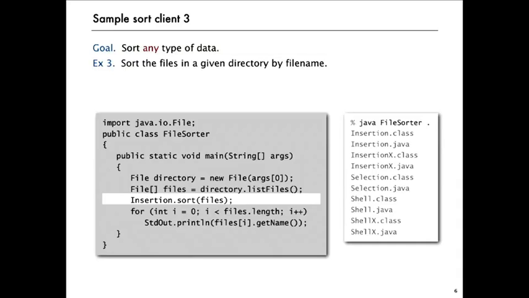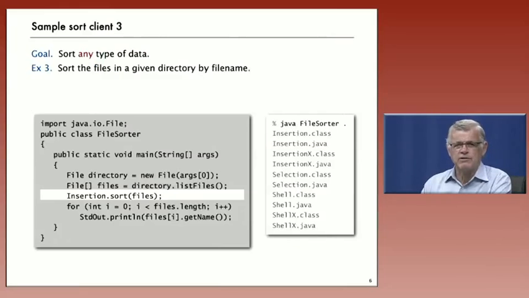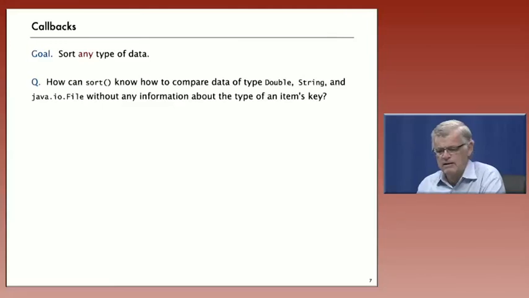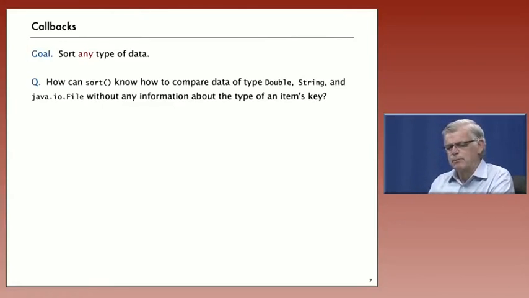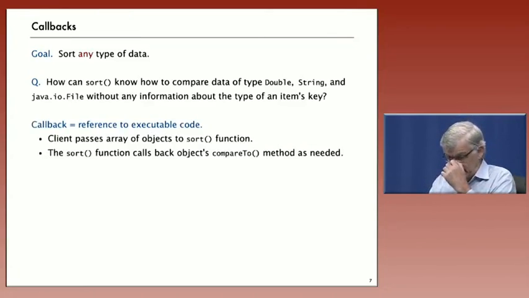And the first rule of the game that we have to think about is, how can we make it so that we can implement one sort program that can be used by these three different clients to implement three different types of data? The way that happens is a mechanism known as a callback. So that's our basic question: how can sort know how to compare data of all these different types without being given any information about the type of an item's key? And the answer is that